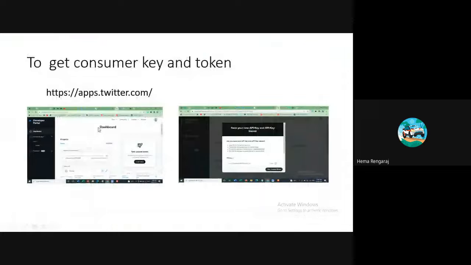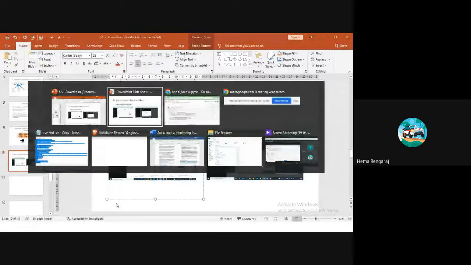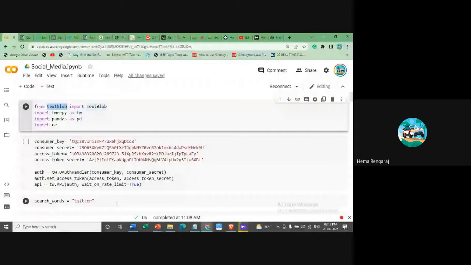Yeah, you'll get a dashboard like this. So why we are doing this: we need to get the Twitter data, and we are going to classify it into positive, negative, and neutral. That is, what the actual opinion of the customer is, what the customer actually thinks about any product or brand or political party or any film.